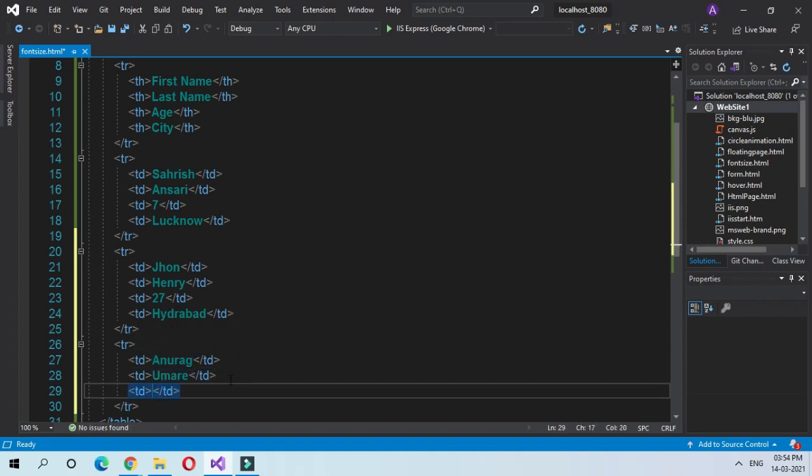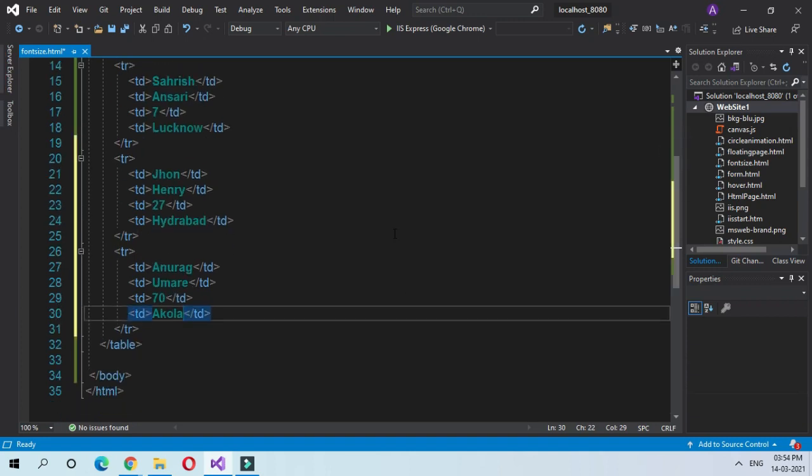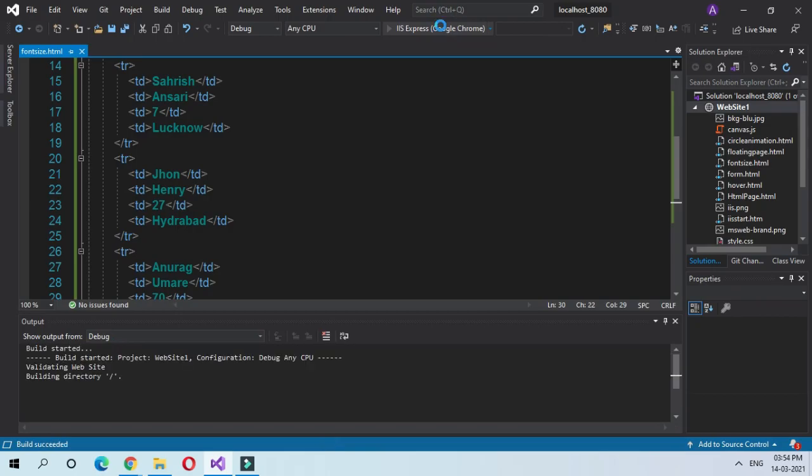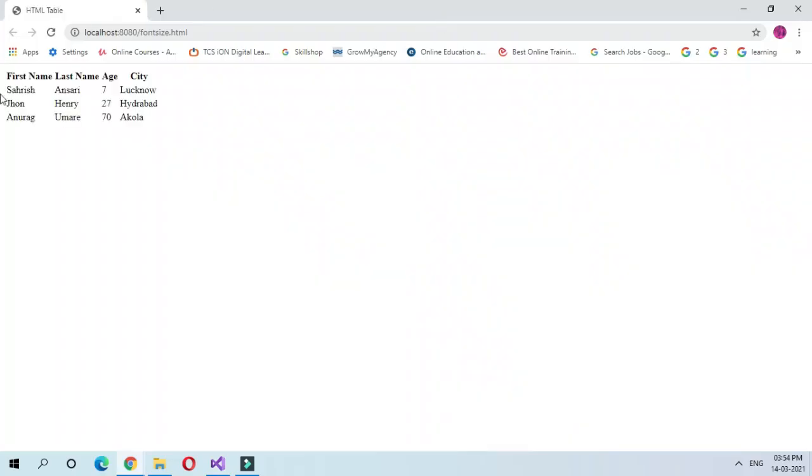Table data for age, 70. Table data for city, Kanpur. Let's see the output. This is our output for adding a table to your website.